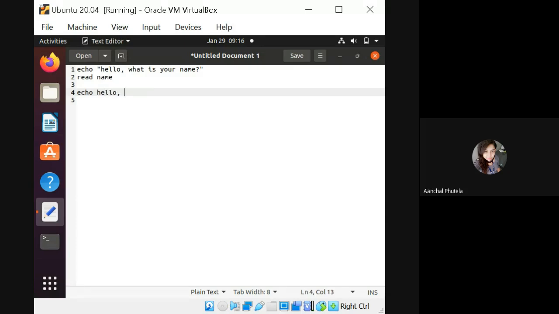hello. What I'm writing here is, now to display the value of any variable, I will use the name of the variable with the dollar symbol. It will display the value of that variable. Like in a printf function, when you want to display any string, you are writing just in double commas, right? But if you want to display the number, the value of that given variable, then you are using %d, %s. Am I right?